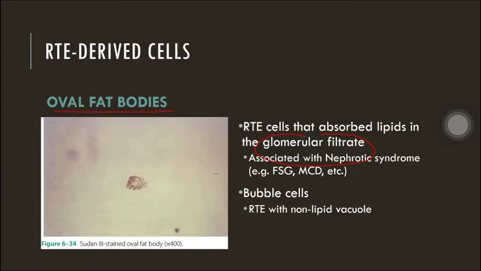So saan mo nakikita, or what conditions will you see oval fat bodies in the urine? Okay, so it is associated with lipiduria, specifically in nephrotic syndrome. So nephrotic syndrome, heads up ko lang, isn't a single disease. Nephrotic syndrome is a collection of symptoms in which the patient is characterized as having striking or marked proteinuria as